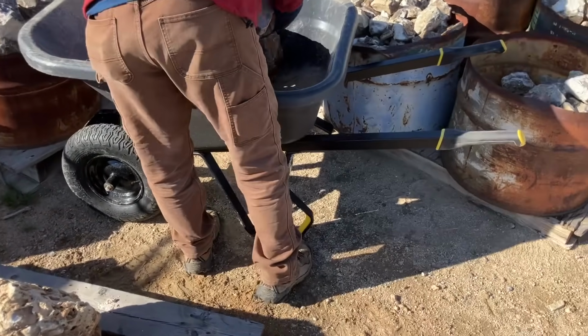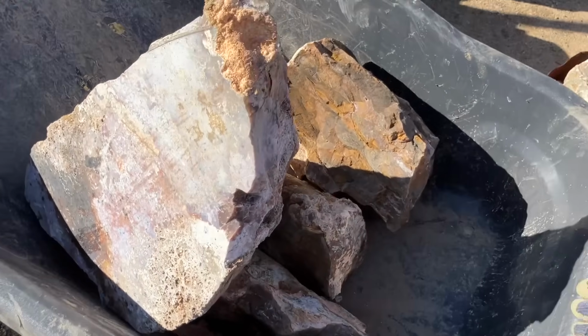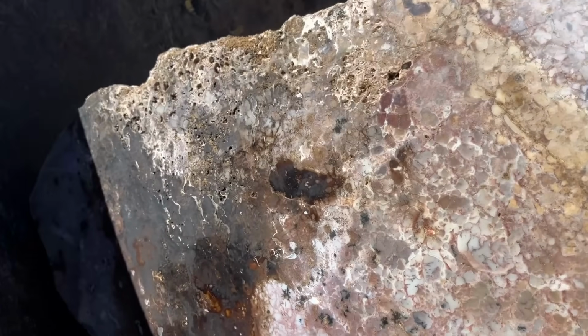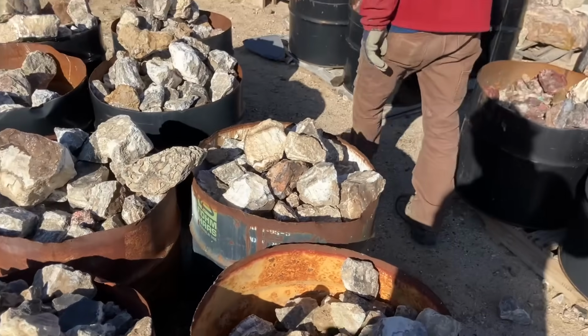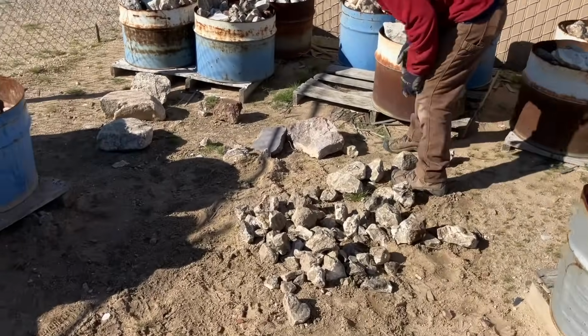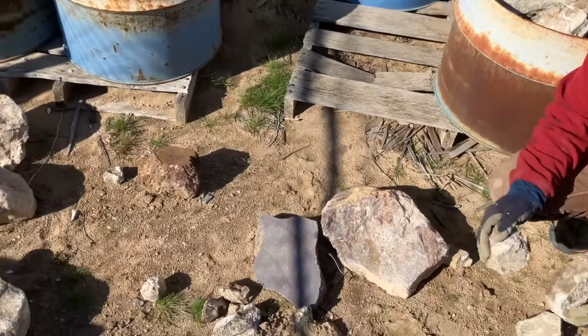Approaching 100 pounds. We have one full barrel of silver lace here and there prior to the... I don't know how much more we need. But